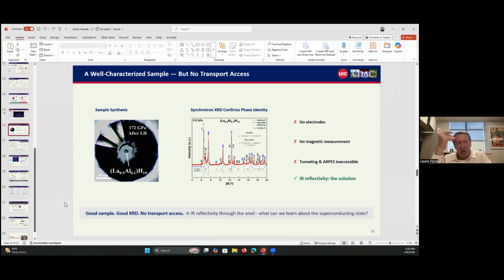This is the only way to measure the gap, right? Gap energy, because tunneling is impossible, I think. So just optical measurements could give us an idea about the gap value, right? Yeah.